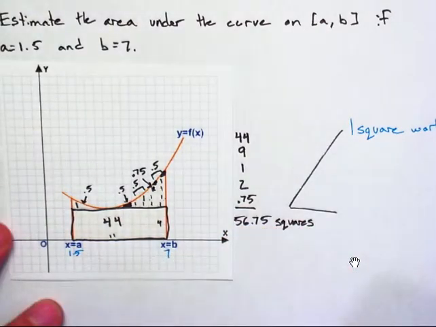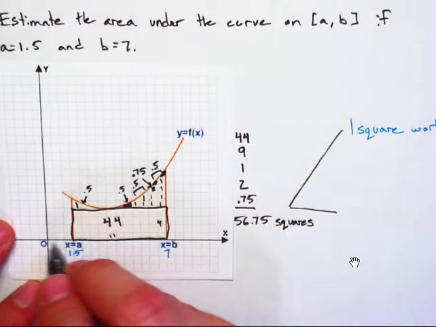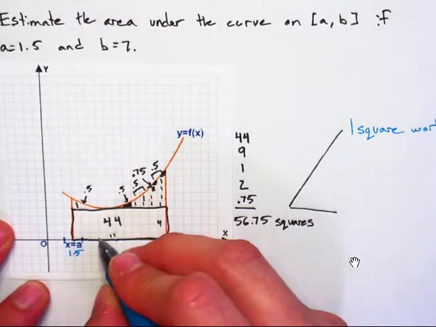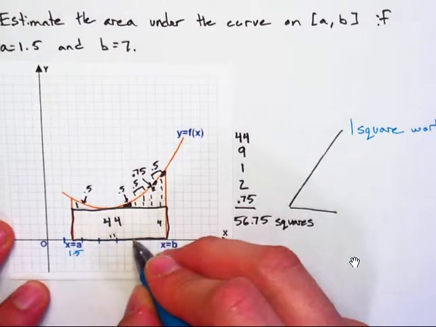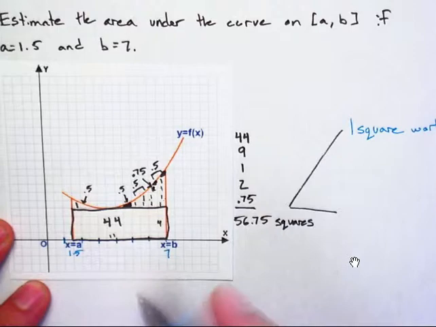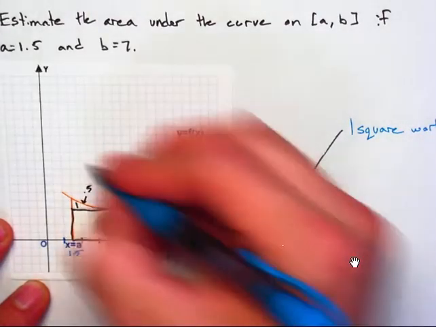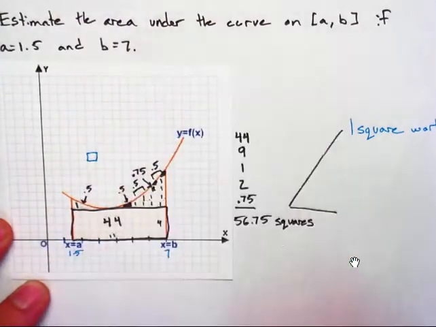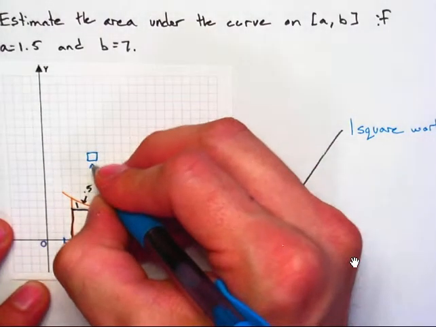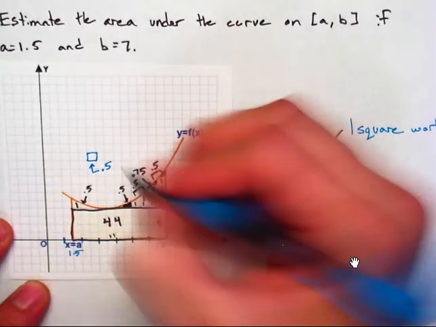So that means that each one of these widths is 0.5, because here would be 1, 2, 3, 4, 5, 6, and 7. Okay, so each of those is a width of 0.5. So how much is one square worth? I don't want to count it here because I've already messed all those up with some markings, but I can look at this square over here and say, all right, well, this dimension is 0.5 of a unit